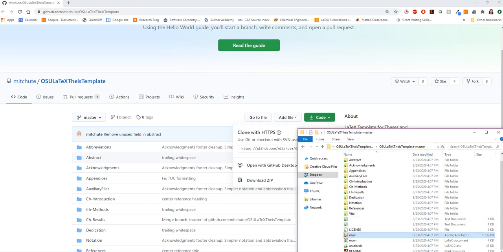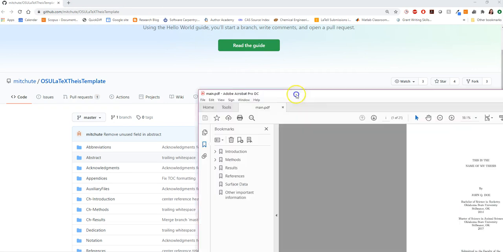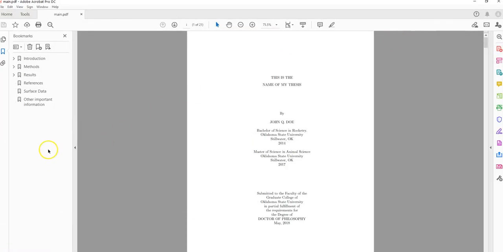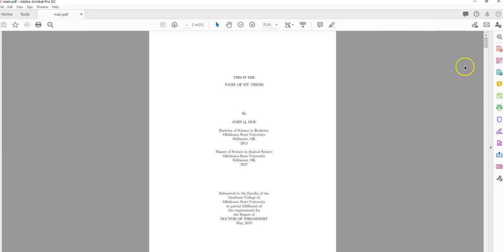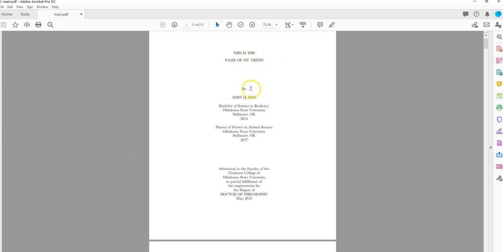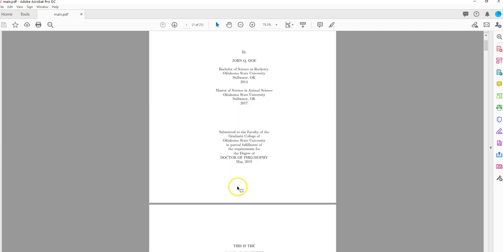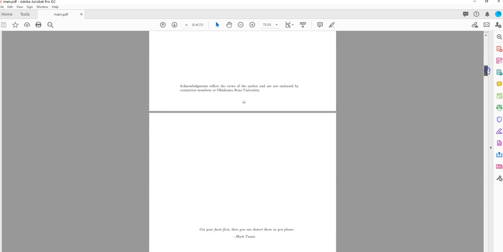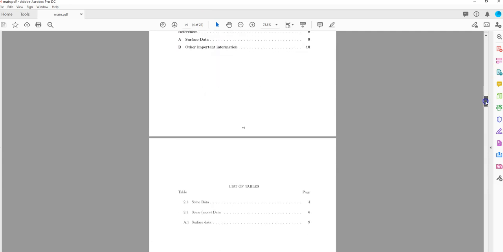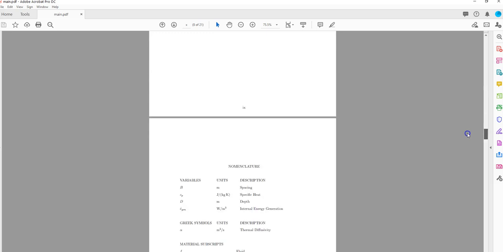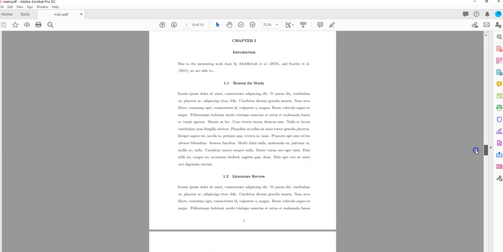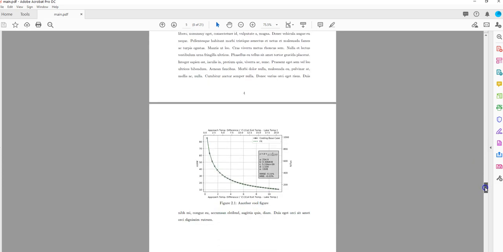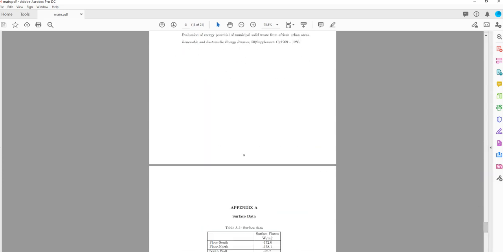The main file is actually an example. This is what's generated if you run PDF LaTeX or Quick Build on the main.tex file. So some title of a thesis, the author and the degree, the thesis approval pages, acknowledgements, and then it goes into table of contents, list of tables, list of figures, abbreviations, and then actual content that's formatted nicely, multiple chapters, could have appendices,